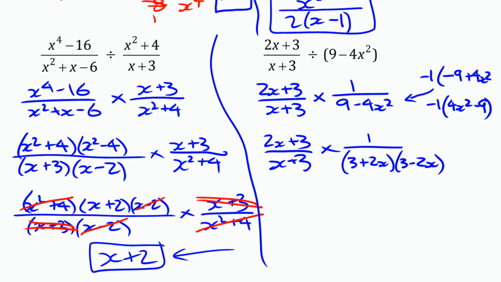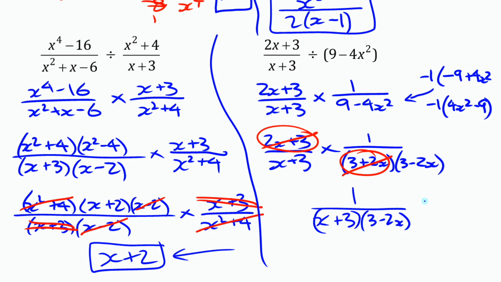And then when I look to cancel some things, the only thing that I have in common is this 2 plus 3x and 3 plus 2x. Now, they're written right now in the reverse order to each other, but since this is a plus in between here, these are the same thing. Addition, it doesn't matter what order you have things in. So this and this are identical. I can just cross them off. They divide to 1. They don't divide to -1 as we've seen before with opposites. They divide to 1. So that actually is just going to be 1 over x plus 3 times 3 minus